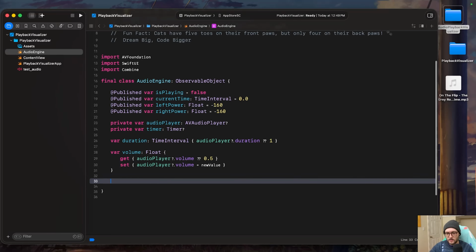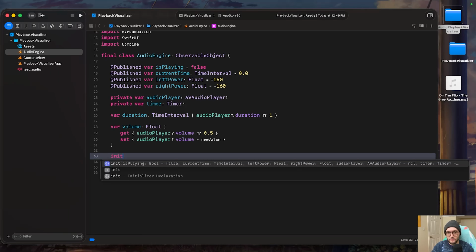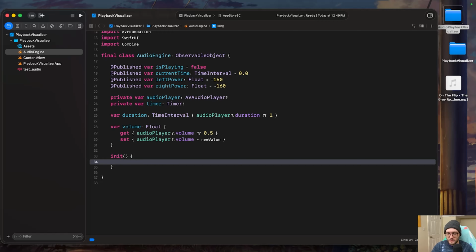Okay, now that all of our variables are set up, let's go ahead and initialize. We're going to do a basic initializer, nothing within the brackets. Instead, in the braces, we're going to have our guard let. From here, we're going to have a URL, and we're going to be looking at the bundle because we're including this one locally,